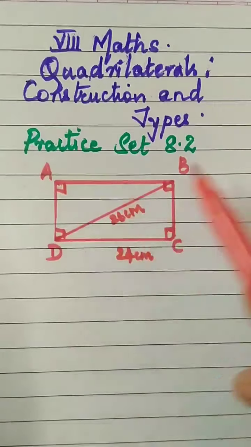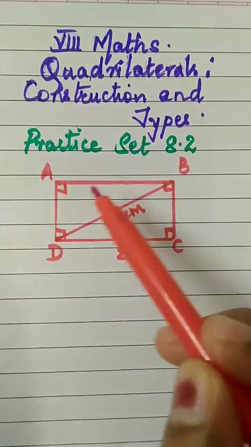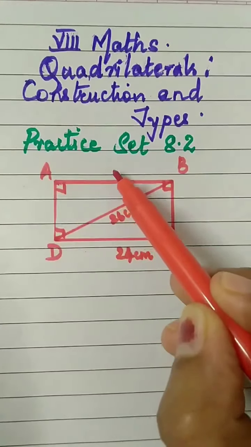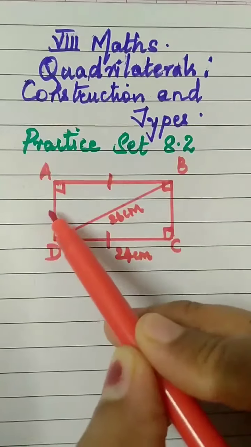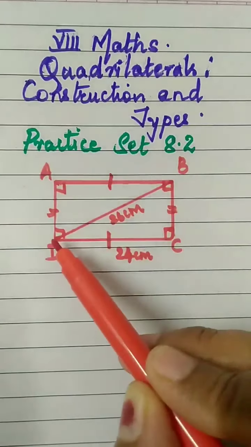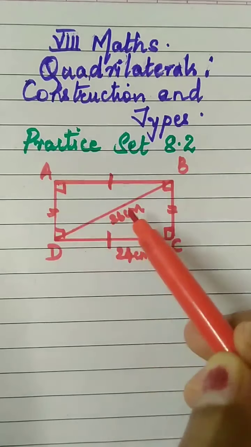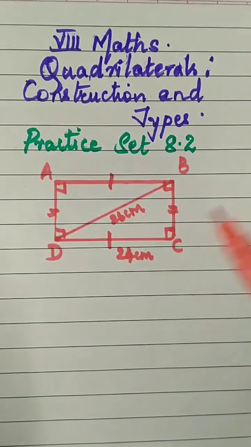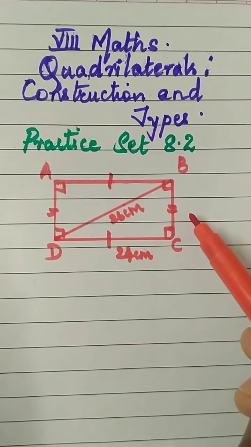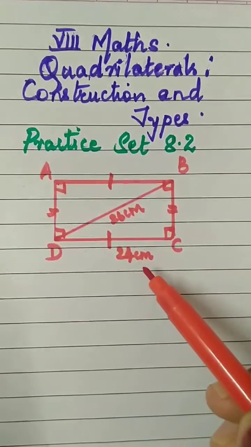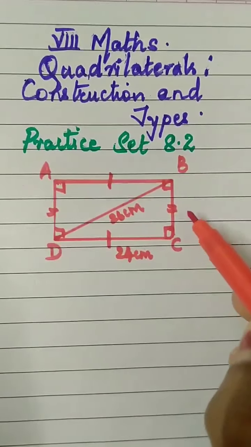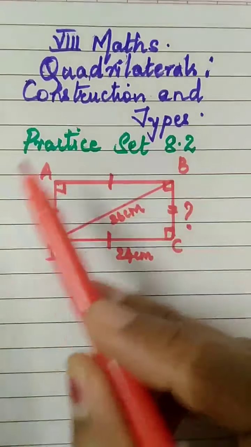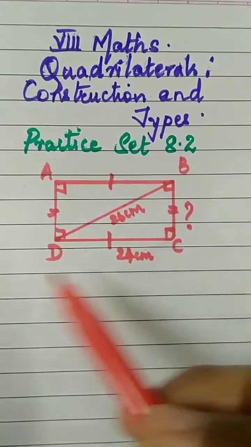Okay, so I have drawn a rectangle. When will it become a rectangle? Once you show all the angles 90 degree. And we know that in a rectangle, the opposite sides are congruent. So I showed the diagonal. One diagonal is 26 centimeter and one side is 24 centimeter. You can name this side as 24 or this side as 24, no problem. I have selected this side as 24 centimeter. The question is find the other side. So this BC we have to find out. We have drawn a rectangle and we have named it as ABCD.